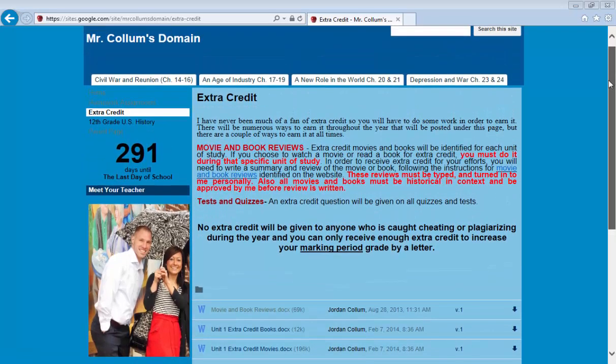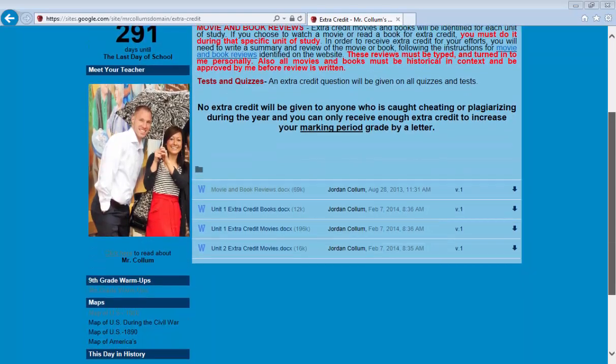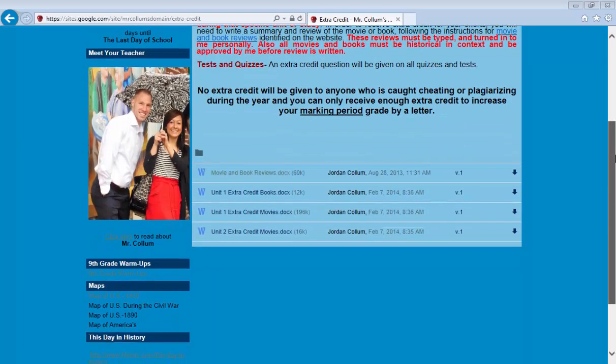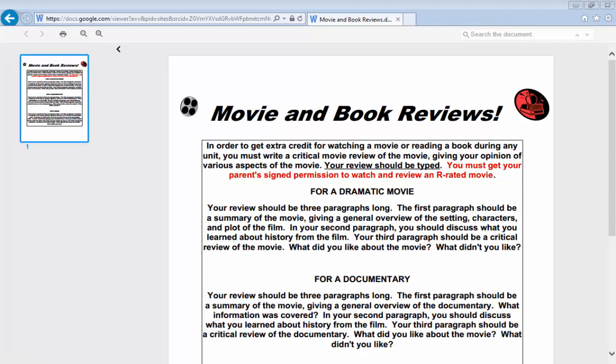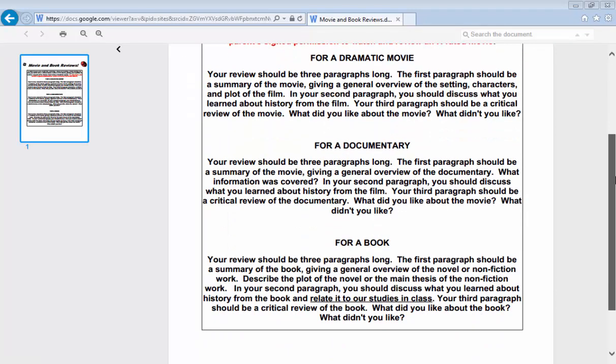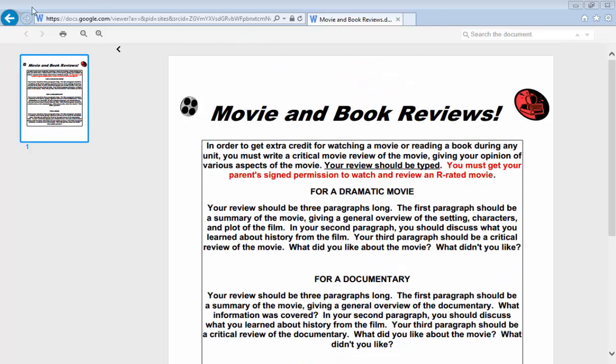Okay, I'm not a big fan of it, but if you watch a movie, documentary, or read a book that deals with a topic or maybe was made or the book was written during the time period that we're talking about, as long as it's relevant to the time period that we are talking about, the unit that we're in, then you can write a quick book review, which the top document here tells you just what you need to write about. It's like 2 or 3 paragraphs, okay? It's very, very easy. That stuff is here.